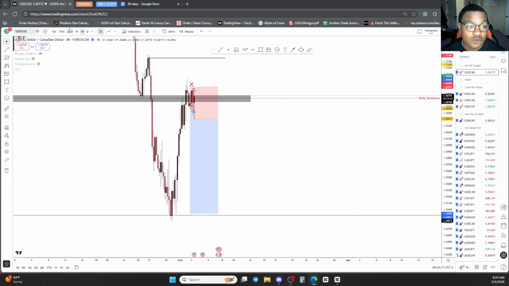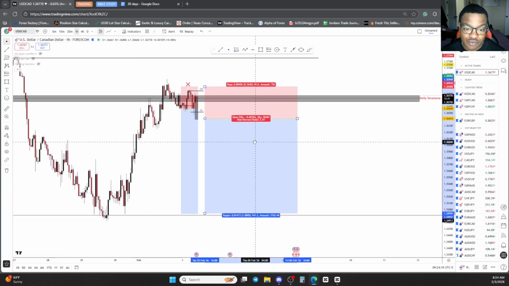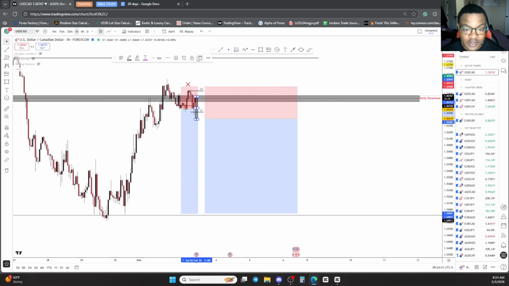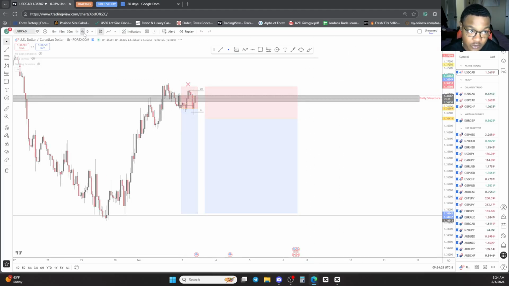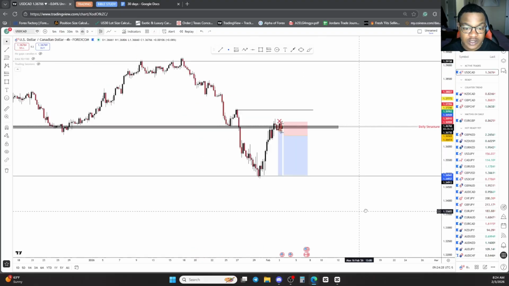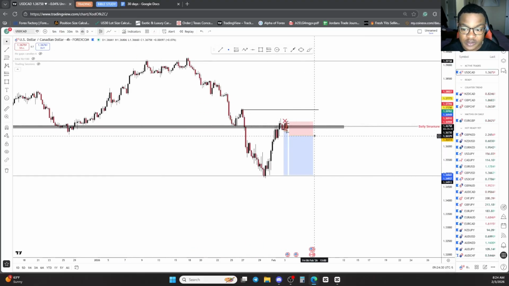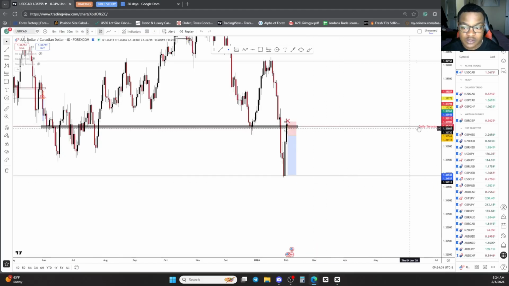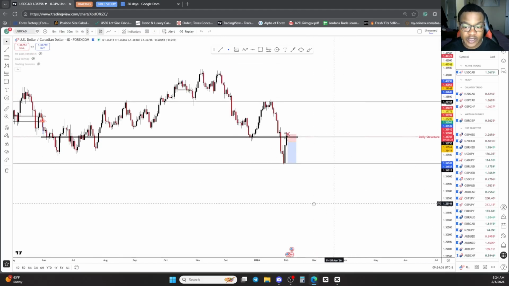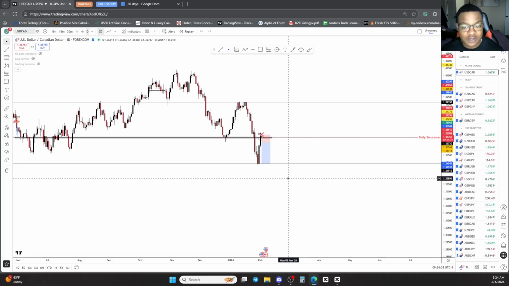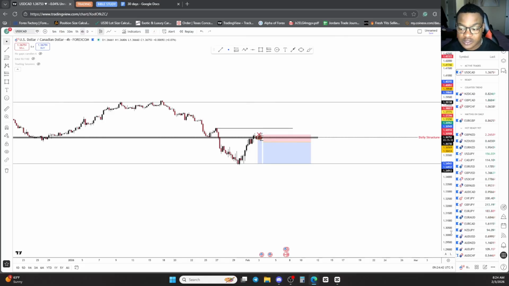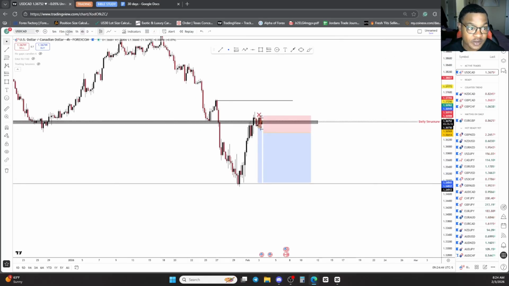We just have to wait for that entry signal. We can't rush it, right? And if we can get something like this, everything makes sense. This trade I'm executing, and then we're going to just sit and wait to see how the trade plays out. So this is what I'm executing. This is what I'm waiting on. This is what I want to see. Now, this is the plan. If we see this, we execute the plan, because everything is meeting our rules at this point, and we simply let the trade ride. So let's see what happens.